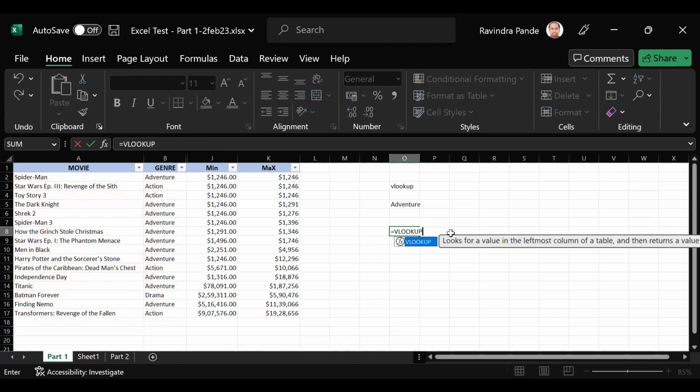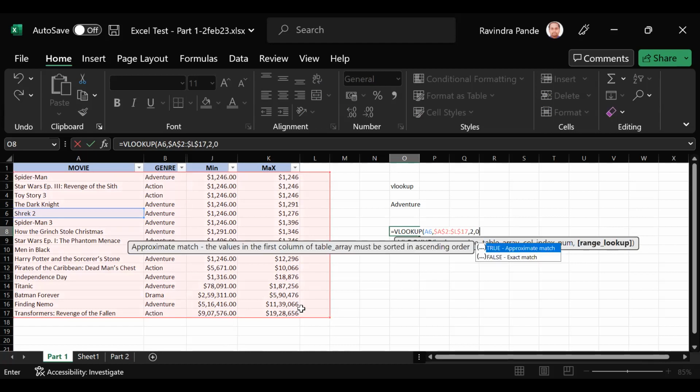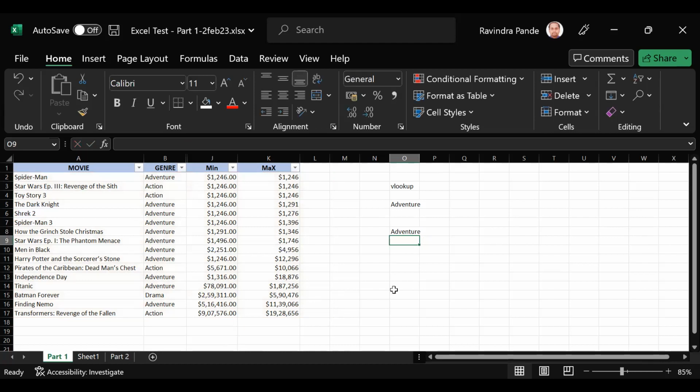VLOOKUP, and then I'll say I want to go with Shrek 2, comma, I want to select the complete data set here, and I'll press function F4. I'm using a laptop. I want to do with the second column, and I want an exact match. It's working. Adventure. And if, instead of 2, I put 3, then 1 2